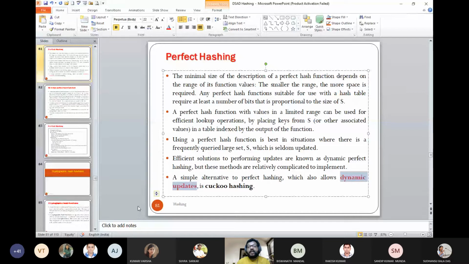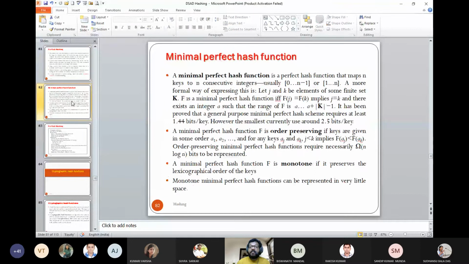Then there is the minimal perfect hash function. This also talks about mapping, and just like the average case analysis, we study the minimum number of queries required, then at least the perfect percentage and the size of the key. So a lot of mathematics is involved. There are two or three keywords you should remember.